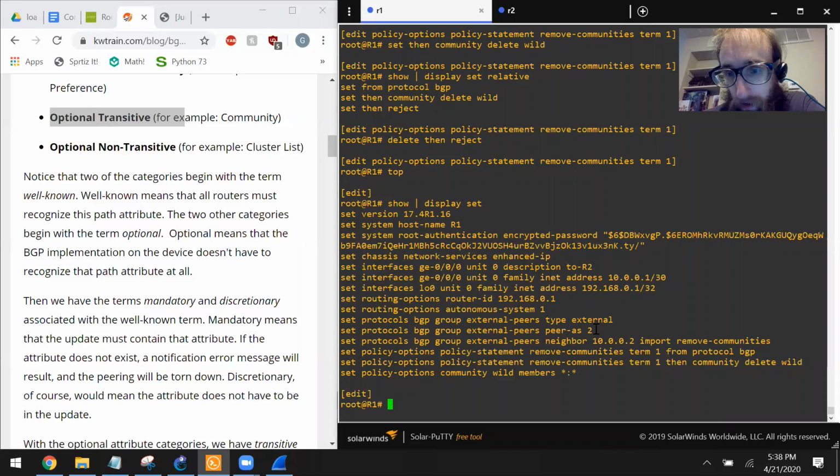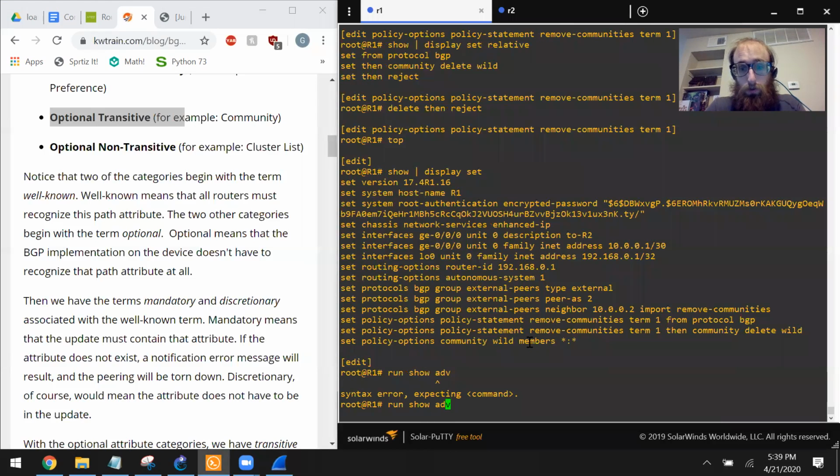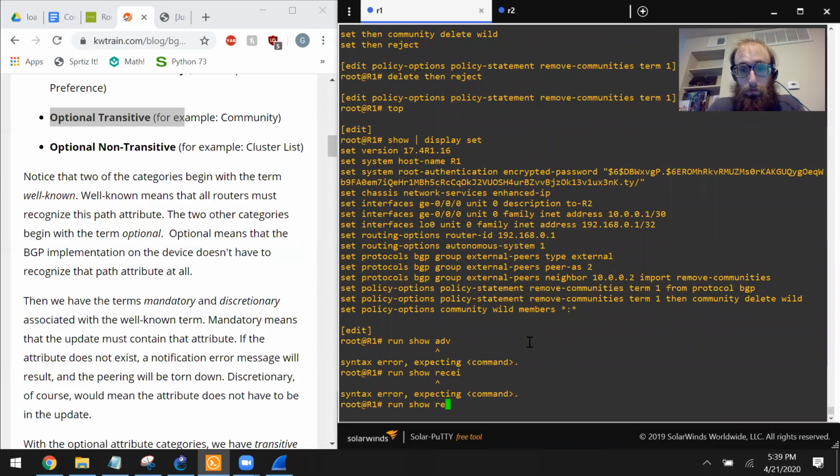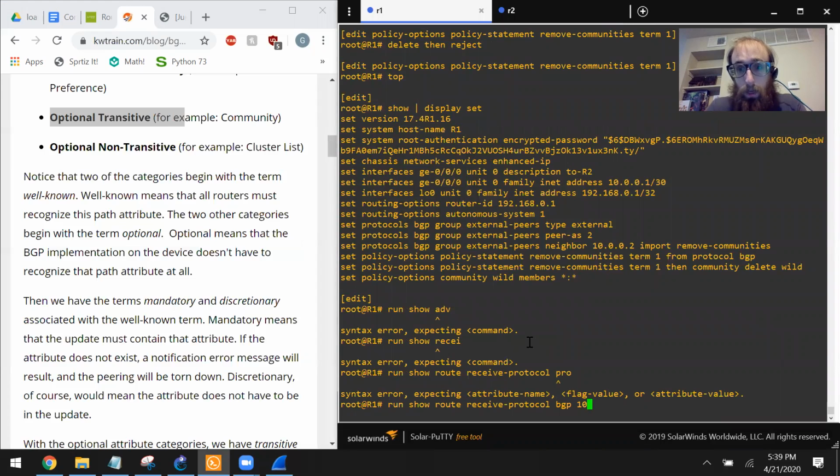So yeah, instead of having a policy applied to the neighbor, an import policy, because remember, import is talking about putting something in the routing table from a routing protocol. Export is putting something into a routing protocol from the routing table. So this is going to be applied before the routes. So if I do a run show route receive protocol BGP